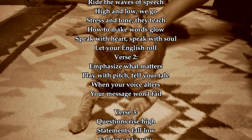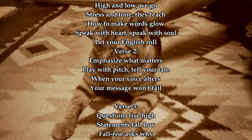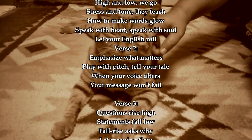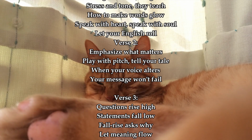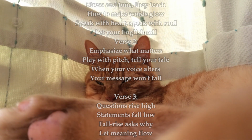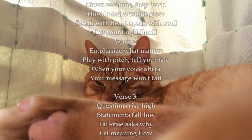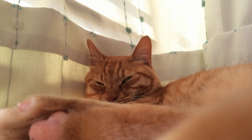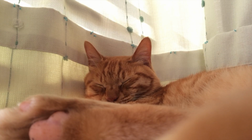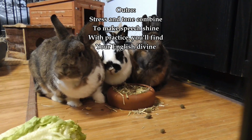Play with pitch, tell your tale. When your voice alters, your message won't fail. Questions rise high, statements fall low. Fall, rise, asked why, let meaning flow. Up and down, round we go. Stress and tone combine to make speech